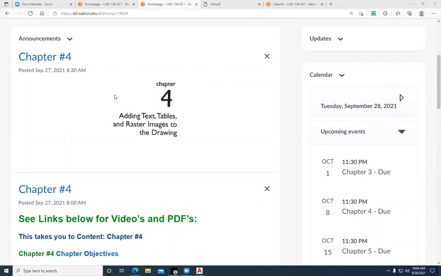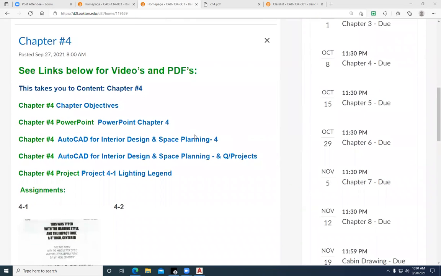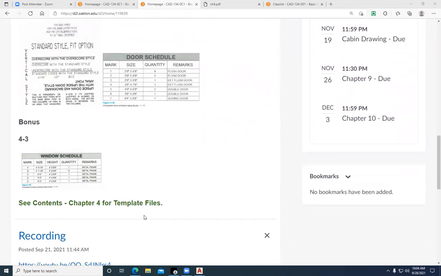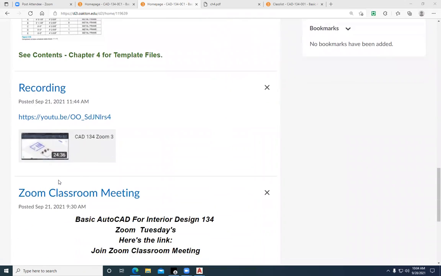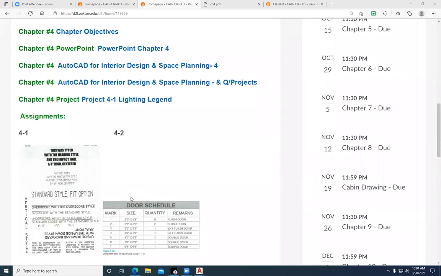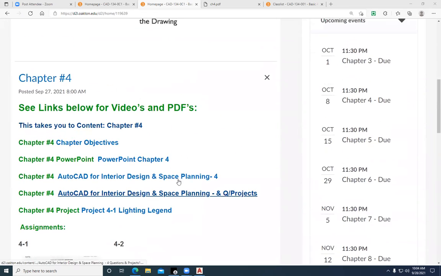Today we've released Chapter 4, Adding Tables and Raster Images to Drawings. And Al has graciously populated the main splash page with plenty of content, along with our assignments and these bonus assignments for today. So text is what this chapter is about. And if we click on the link to chapter 4,